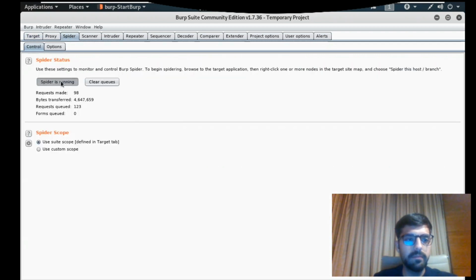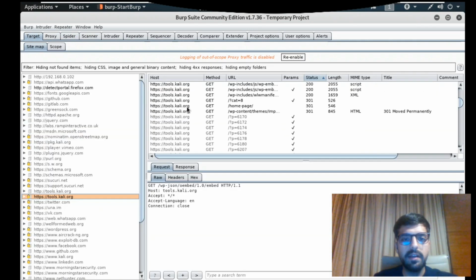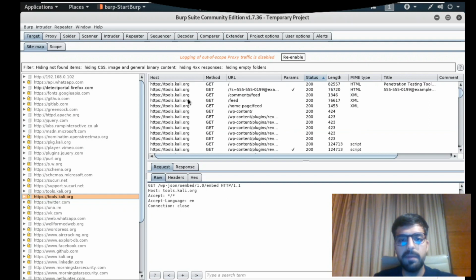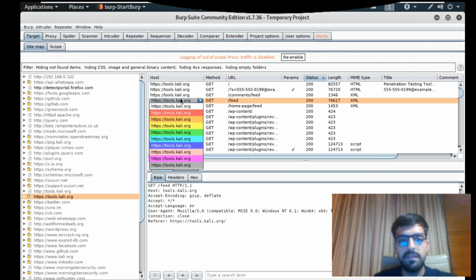So now I am turning this off, and the requests made are 98. It means you can get around 98 different web pages of this specific host. If there are any vulnerabilities on this host, you can exploit them. For that you need to scan each and every web page.